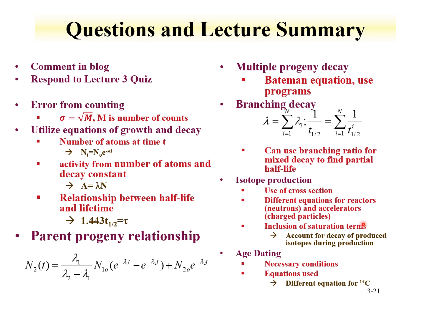For isotope production, you should be able to use cross-sections for isotope productions and understand there are different equations for reactors and accelerators. And you should be able to include the saturation term that accounts for the decay of produced isotopes during production. Finally, this lecture discussed age dating using isotopes. You should be able to understand what are the necessary conditions for dating to be successful and what equations can be used for this, particularly the different equations